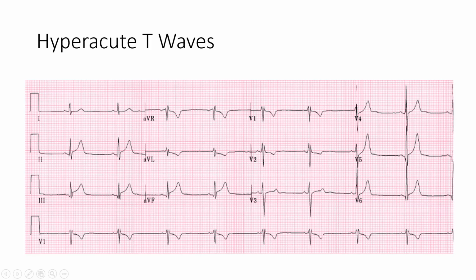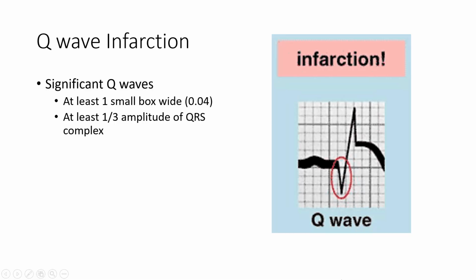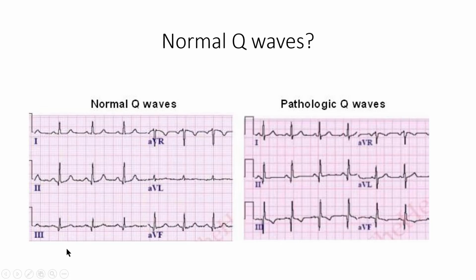This is, of course, hyperacute T waves. These are not a common presenting finding in emergency department evaluations of chest pain because of how early in the course of the ACS that they display. In order for a Q wave to satisfy requirements to represent a potential old infarction, it needs to have at least one small box in width, which isn't much, and then at least 1/3 of the amplitude of the overall QRS complex. On the left, we can see in 2, 3, and AVF, there are small Q waves that are normal, probably septal Q waves or something of that sort, and are not deep enough to satisfy the criteria of